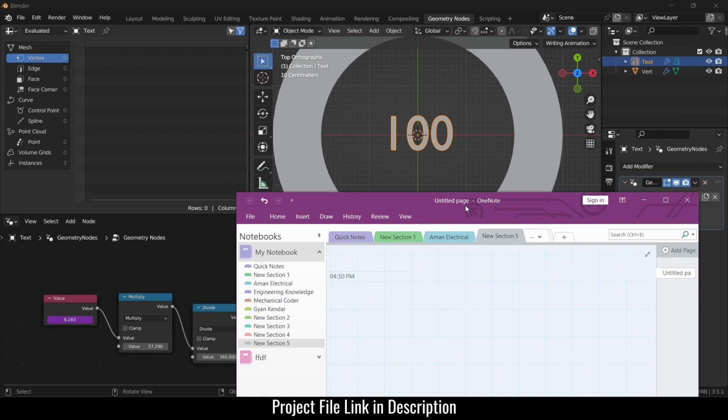So basically I'm taking the value from this, and I'm getting the value in radians. As you can see, 6.283. So 6.283, this is the value in radians. First I have to convert into degrees. So for that reason, I have multiplied by 180 by pi. Now after getting this value in degrees,